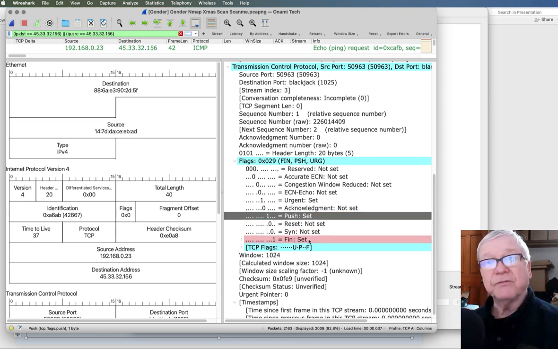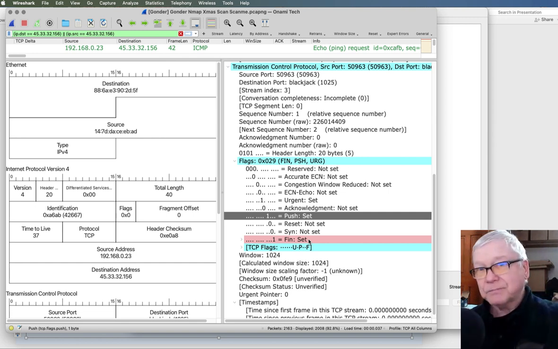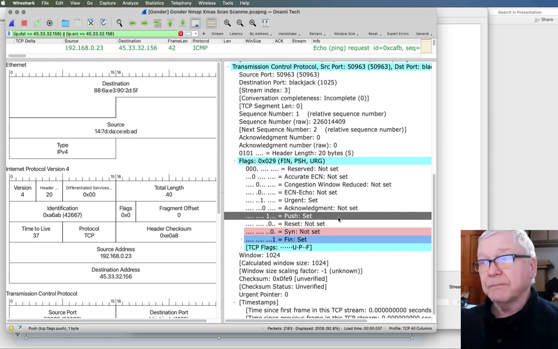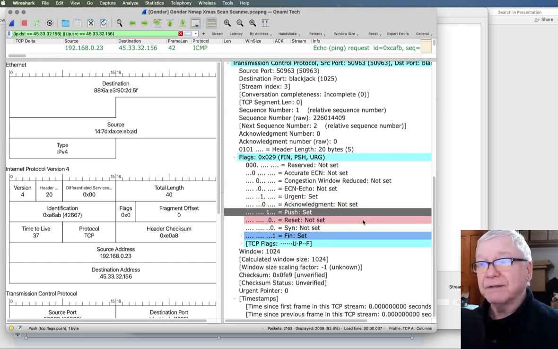I'm sending you the FIN bit, which means I don't want to talk to you either. I got something to send you, but I don't want to talk to you. Doesn't make sense. How does the other application deal with that? Well, we'll see. Maybe gracefully, maybe not so gracefully.